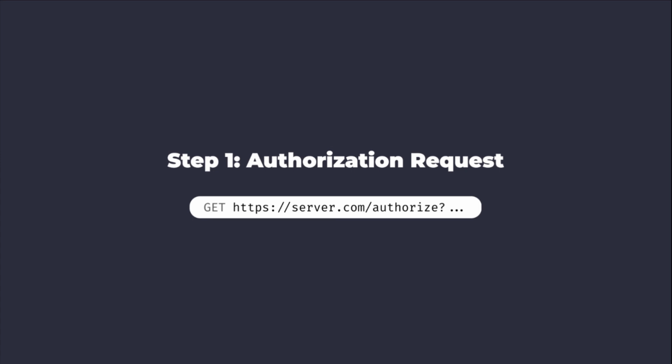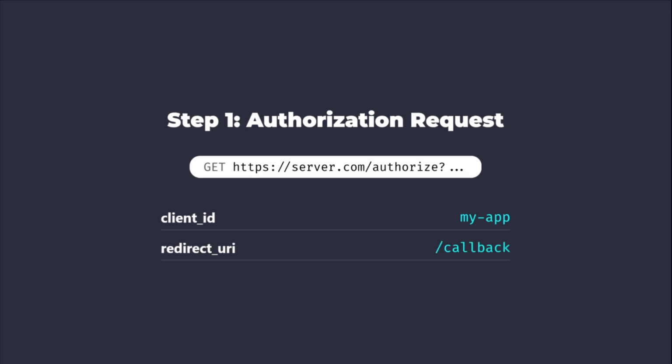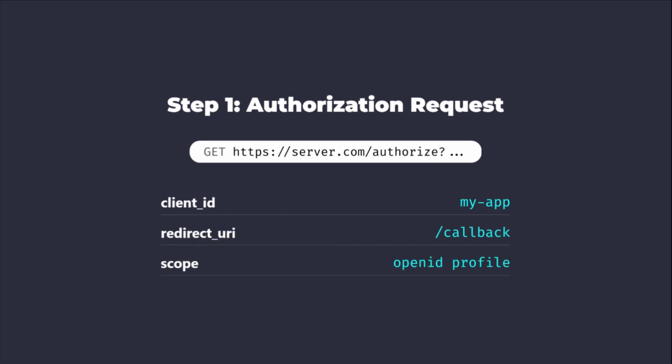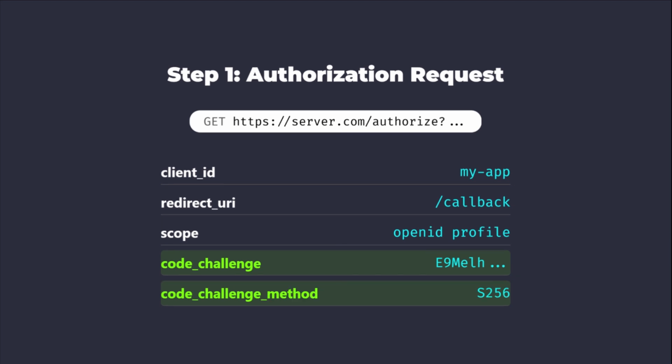The client now redirects the user agent to the authorization server's authorization endpoint. This request includes the standard OAuth parameters, client_id, redirect_uri, and scope. Crucially, we append the two new PKCE parameters. First, the code challenge, which is the Base64 URL encoded SHA256 hash we just calculated. Second, the code_challenge_method, which must be set to S256, explicitly signaling to the authorization server that SHA256